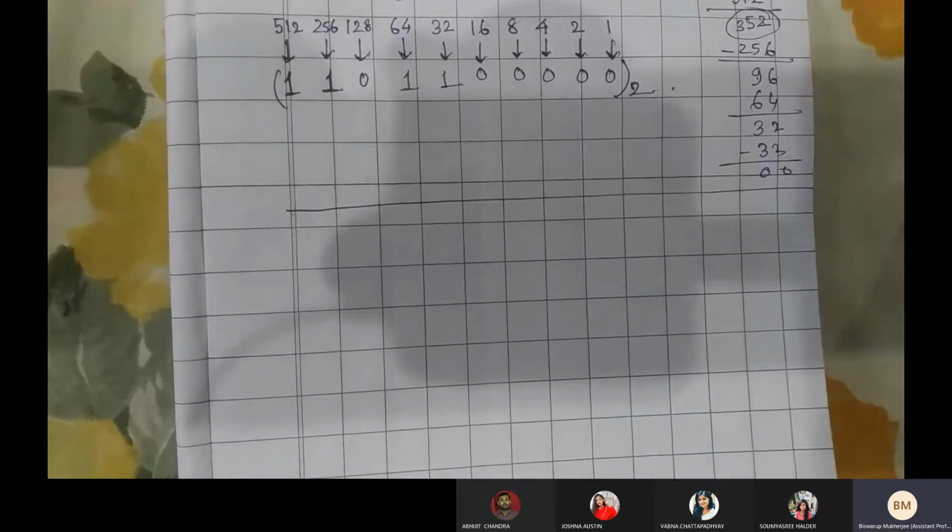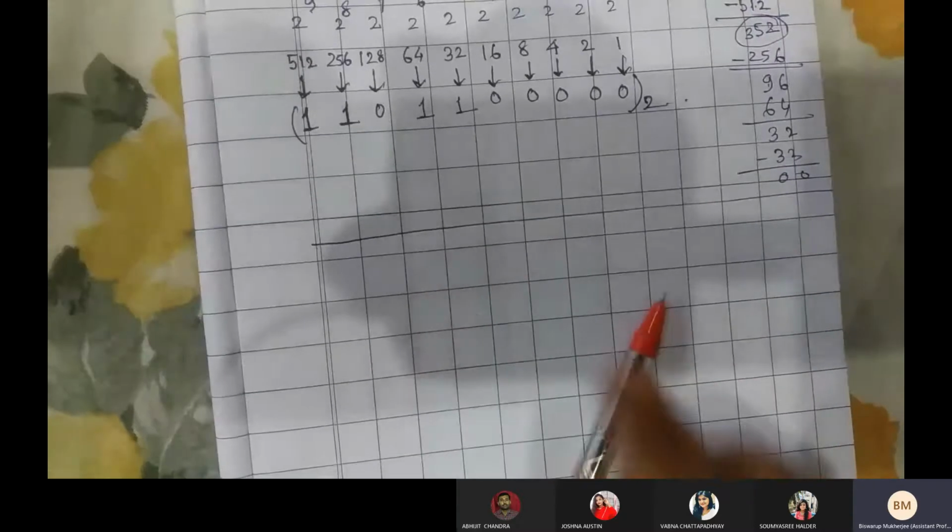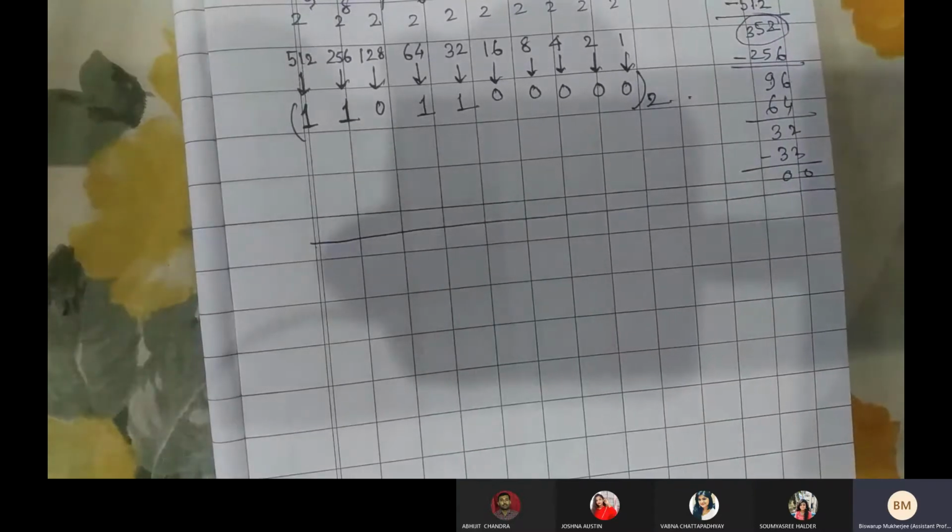Last day, we have discussed the number system. We have started with the number system, and we have found that there are four popular number systems. The decimal number system is the most popular one. In the field of digital electronics, the binary number system is the most popular number system. And then we have two other number systems, octal and hexadecimal. These number systems also have some applications in digital electronics. Last day we also discussed how to convert from one number system to any other number system.